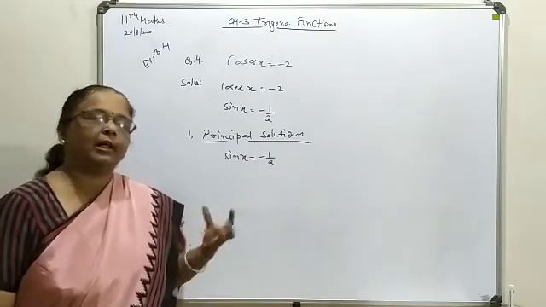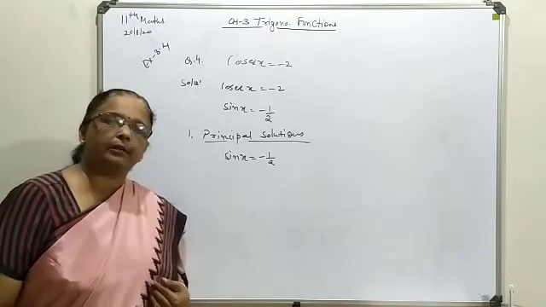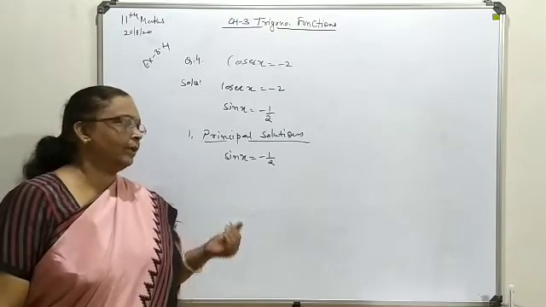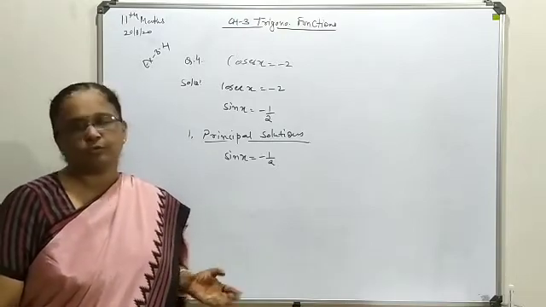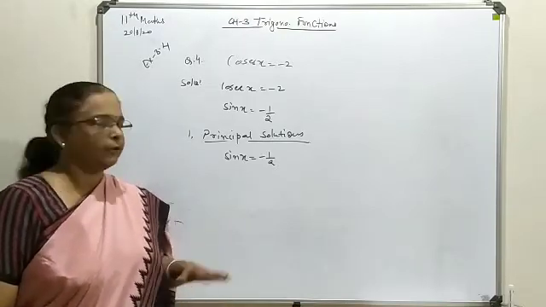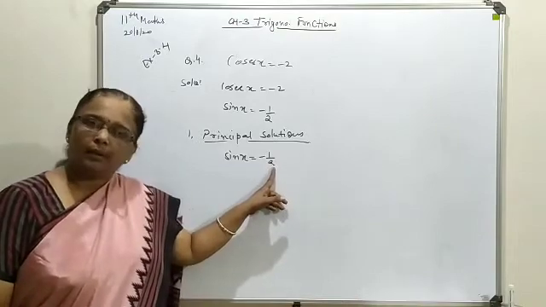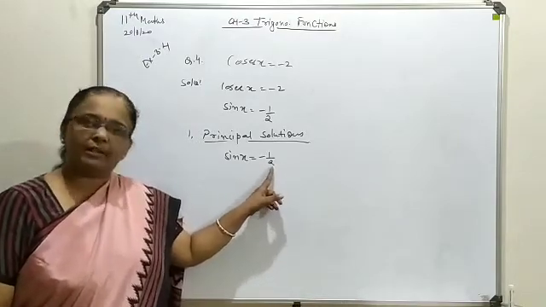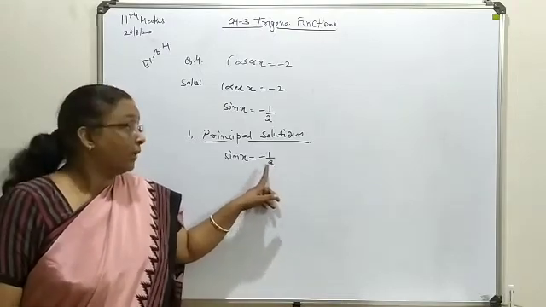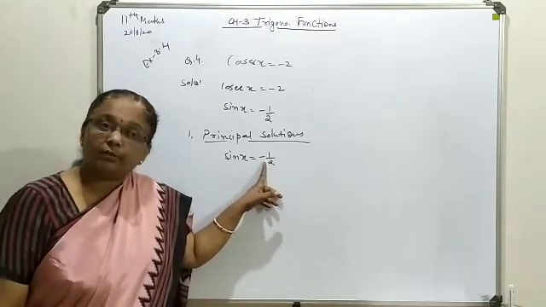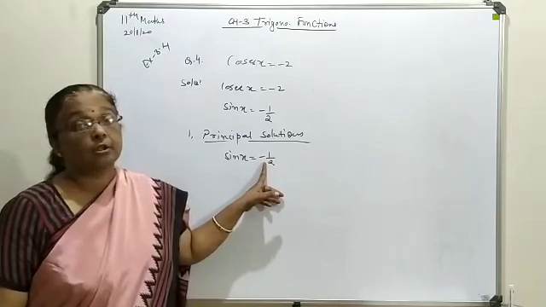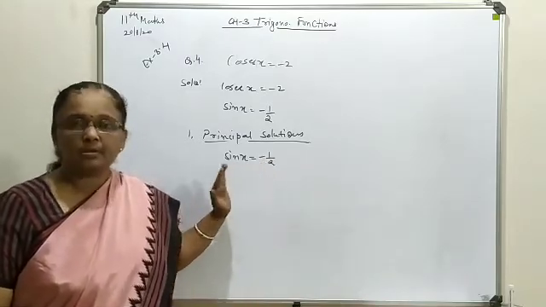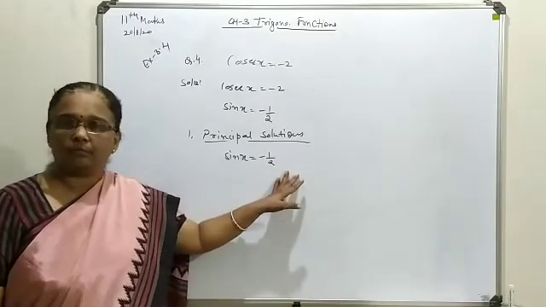So when you are defining any angle in the third quadrant, it will be pi plus theta, and when you are defining any angle in the fourth quadrant, it is 2 pi minus theta. Here your theta is pi by 6, that is 30 degree. So from this value you will decide the theta angle, and on the basis of this sign you will decide the position of this given angle in the quadrant system. So on the basis of that the principal solution you will define.